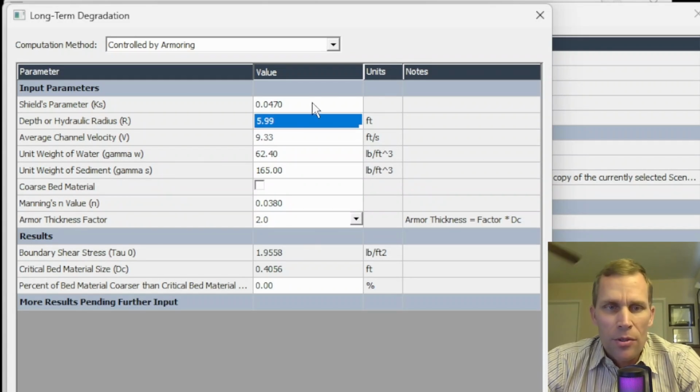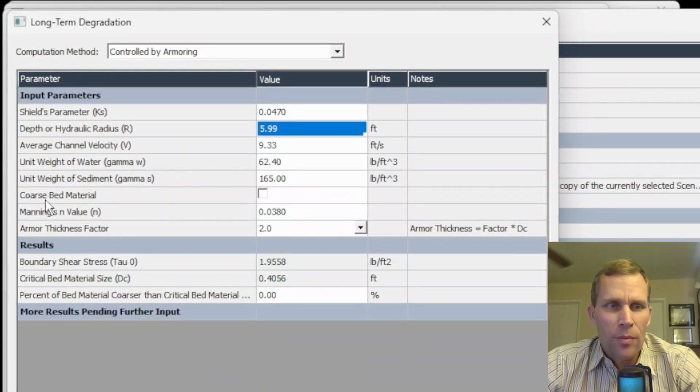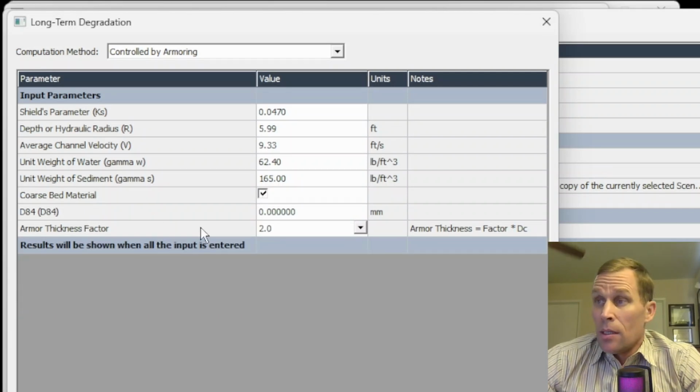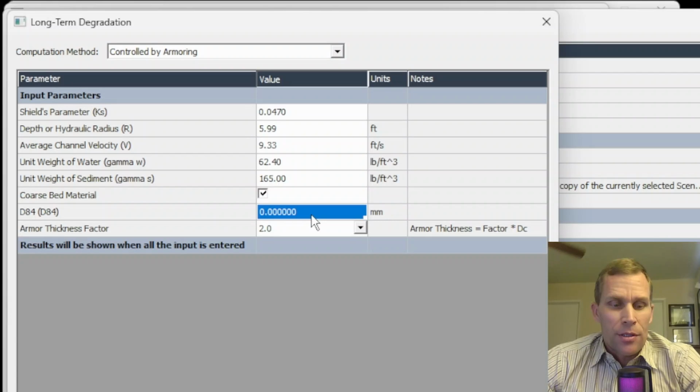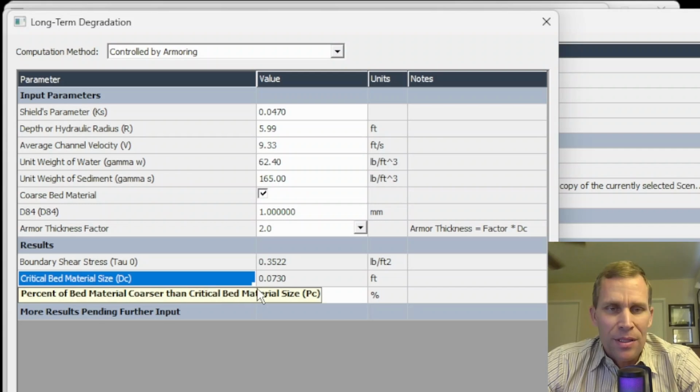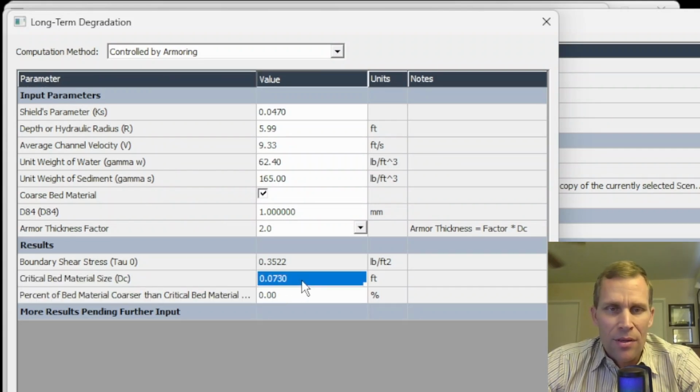All right, so once our numbers are in, we have some results. I also forgot to mention coarse bed material needs to be selected. And for a D84, let's go with 1 millimeter, just a nice round number, and then tab off. And okay, boom. Here are our results. The critical bed material is 0.073 feet. So that would be a little bit less than an inch, I think, but that is dependent on a number